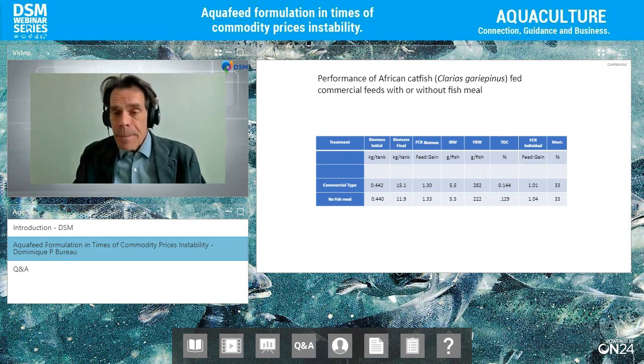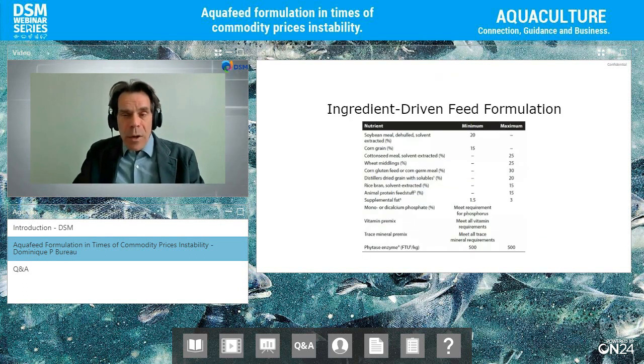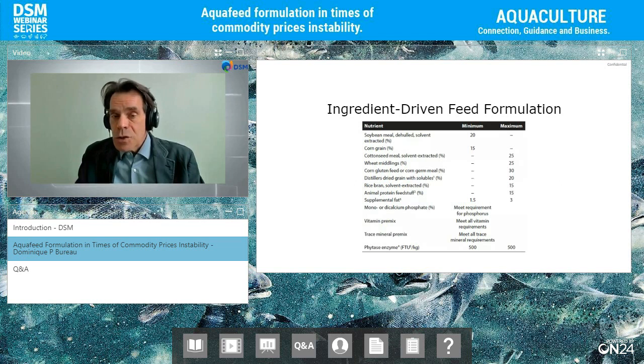Now, when I look at this, often we think about feed formulation as a mix of ingredients, and that's what it is. But that mix of ingredients is meeting certain nutritional specifications, certain requirements. So dealing with feed formulators, I often see that we end up formulating on an ingredient basis. I want 10% fish meal. I want maximum 30% soy. I want minimum 10% whatever, right? So often in our mindset, we become ingredient driven in our feed formulation.